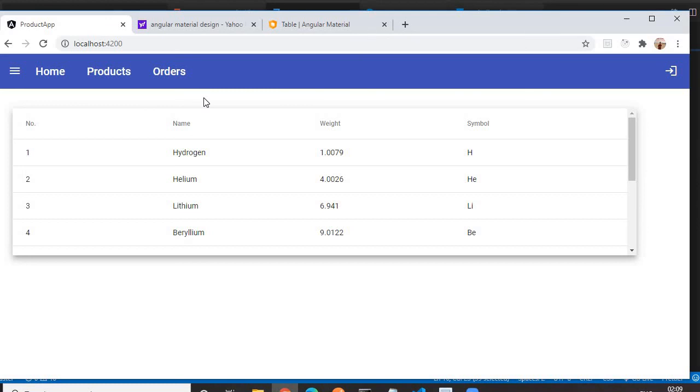Till then, bye, and try to practice the Angular material concept, and try to browse all the components that are used in Angular material, because our main concern is how we can learn Angular, not Angular material. So you can play with Angular material on your system, just by going to the official website of Angular material.